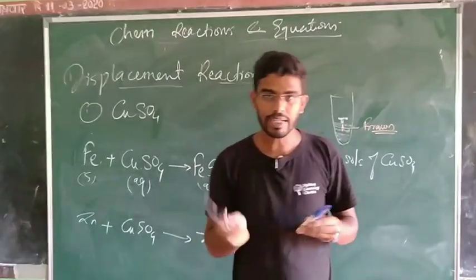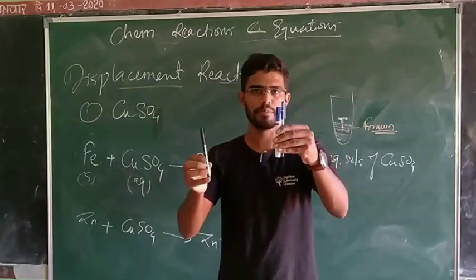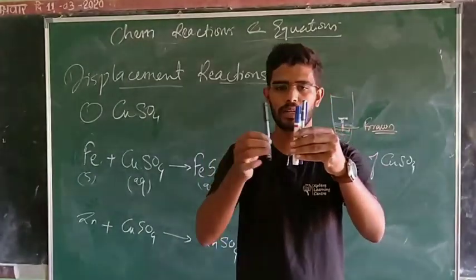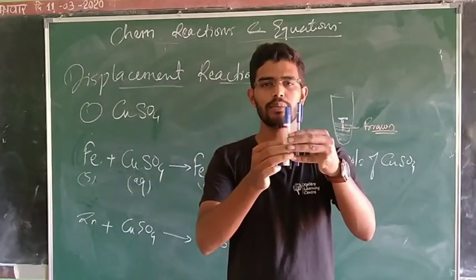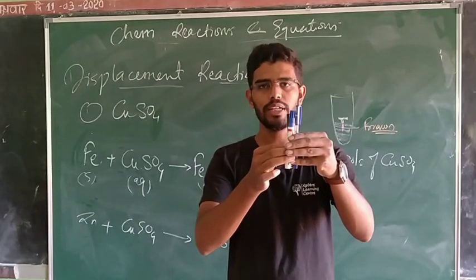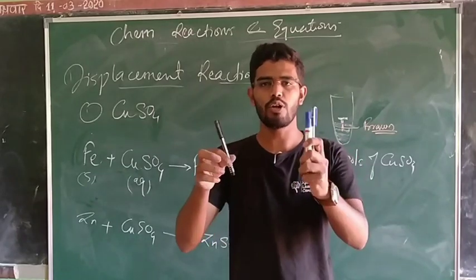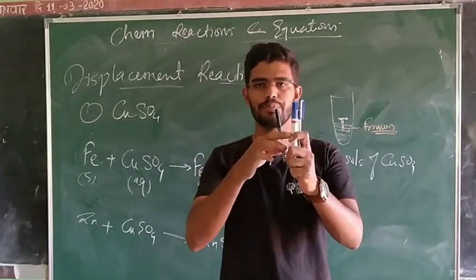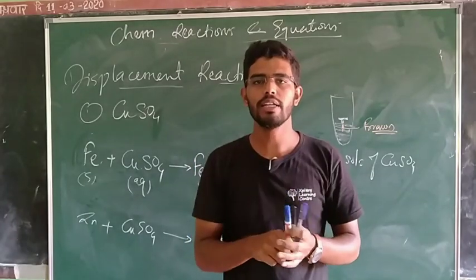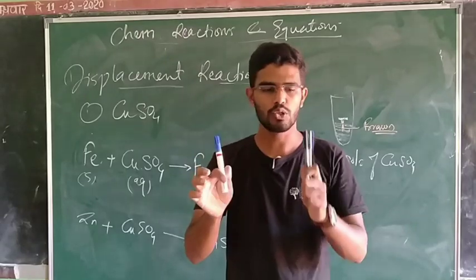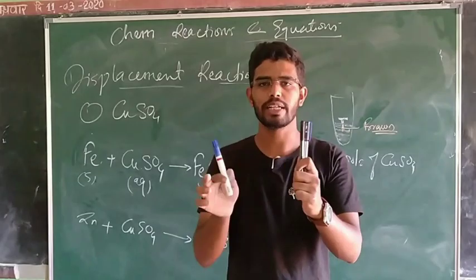Okay. If I take the reverse, now I take this new element and I want to react that with this compound. If this new element combines with this, as this is smaller in size and this pen is bigger, it will not be able to displace this pen from here. This smaller pen will not be able to displace this bigger pen from here, and that reaction will not take place. That means what? Only a species which is strong enough to displace that species from the compound, only in that case will that displacement reaction take place.